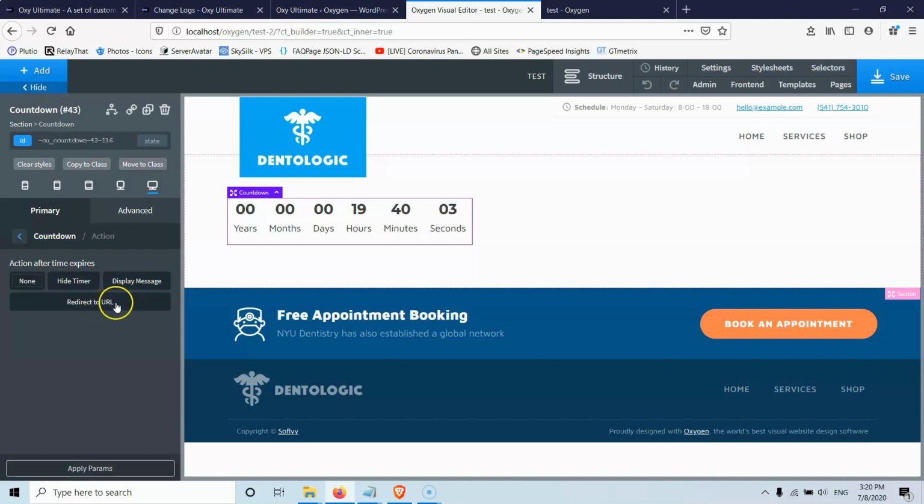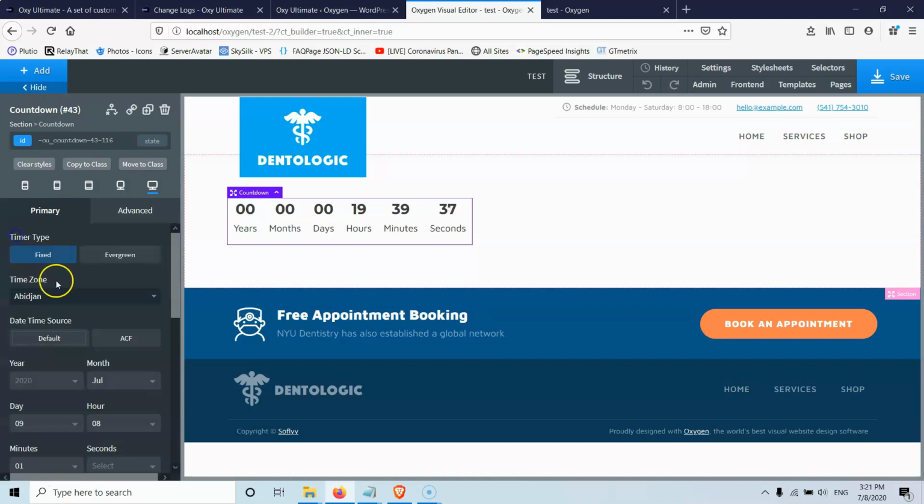Also, I would like, if I could, to have something hidden together with the timer. So I would like to hide also a div or something, so I could just put a div with a promotion or a code or something, and after the timer goes to 0, the div will also be hidden. Let's go back.